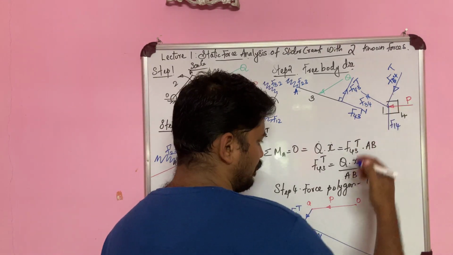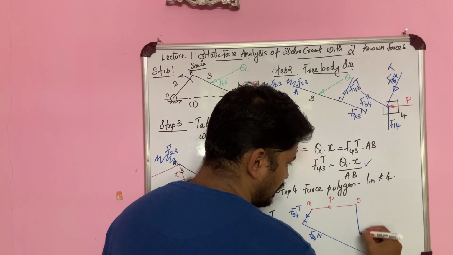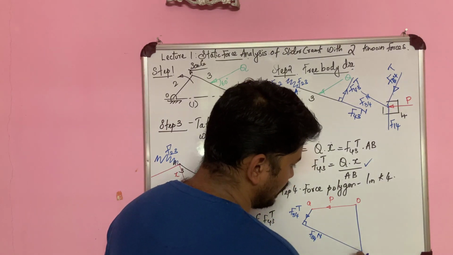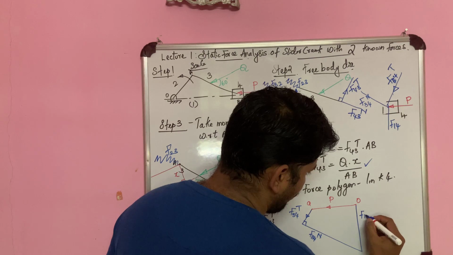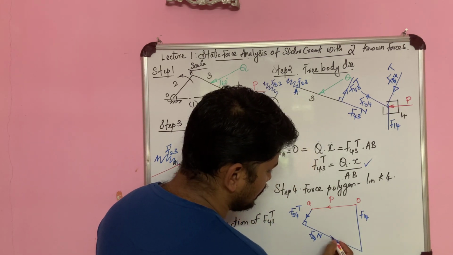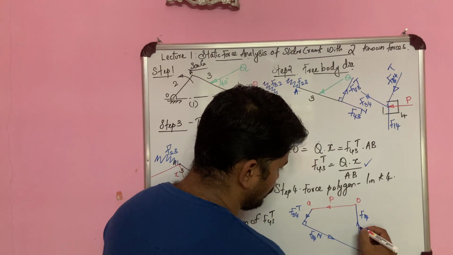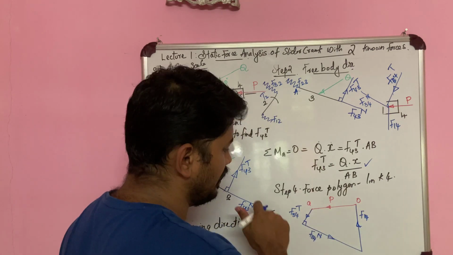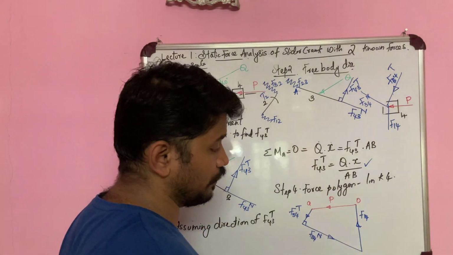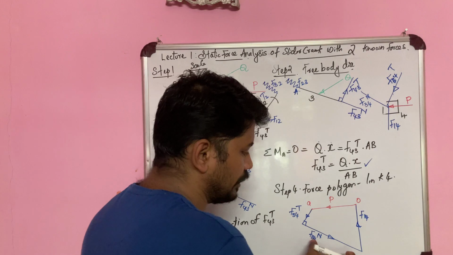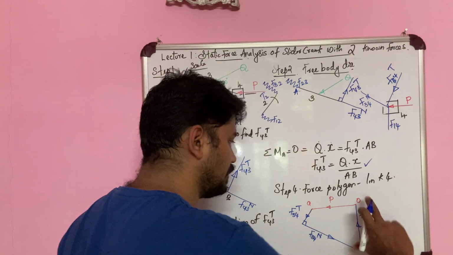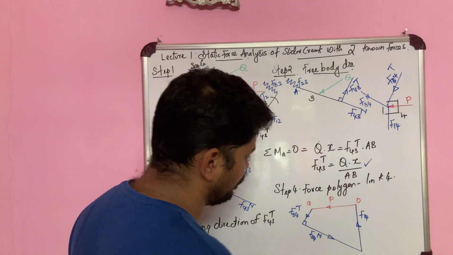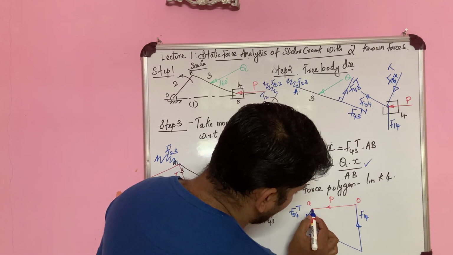Now next I have f14. From this point I'm marking f14. Both will meet at one point. So this is f14, and here the direction is going to be in the same flow. So P, f34t, f34n and f14. I got the value of f34n and I got the value of f14. I also got the value of